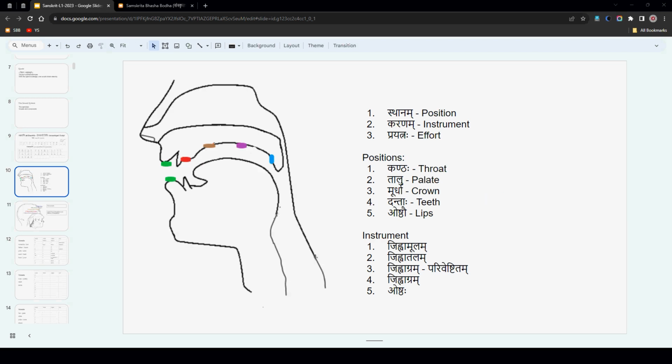Then we have ha. Ha is kantha again, because ha is open. When we say ha, there is a slight contraction here at the back, something like ka, but it's not a complete blockage like ka, kha, ga, gha, nga, that touching here. But ha is not a complete block there. There is a contraction, but there's a vibration there. So this is the last